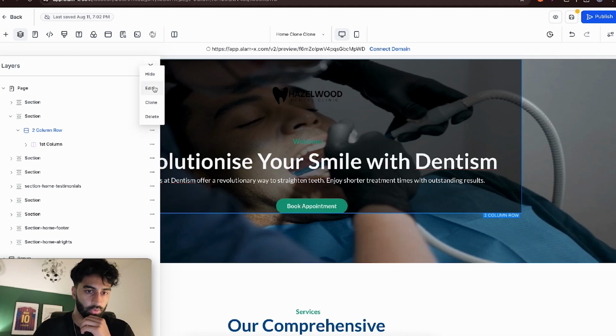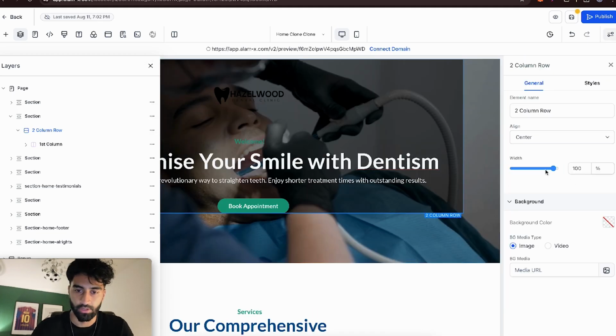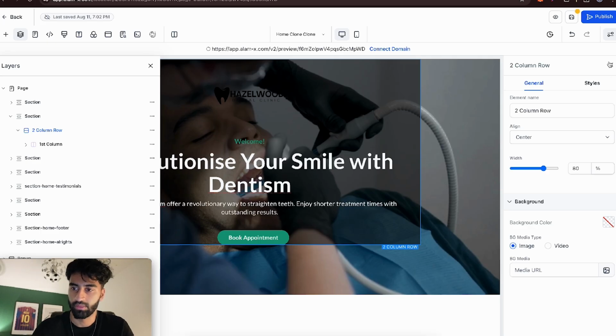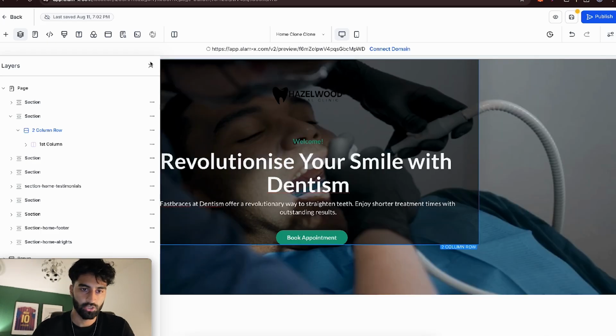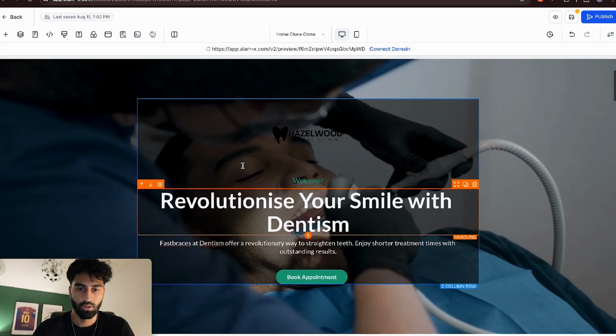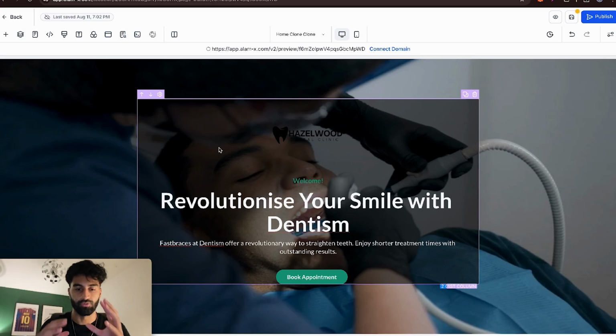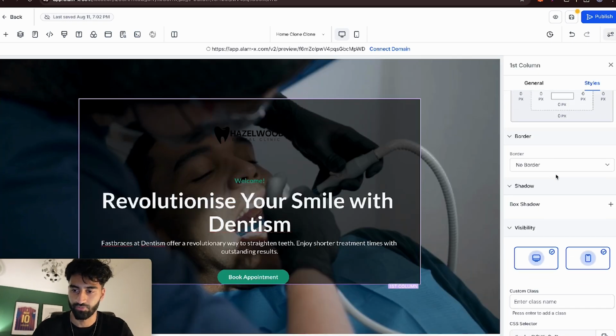Let's go here, let's go to edit. Now here we are, the width. So let's make the width a bit less. Okay, so that should just bring it in a little. Okay, next thing, I want this to be rounded off. I think it looks quite nice rounded. So let's go to the